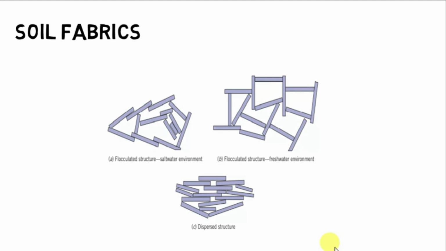Any loading during or after deposition permanently alters the soil fabric or structural arrangement in a way that is unique to the particular loading condition. Consequently, the history of loading and changes in the environment is imprinted in the soil fabric. The soil fabric is the brain. It retains the memory of the birth of the soil and subsequent changes that occur.